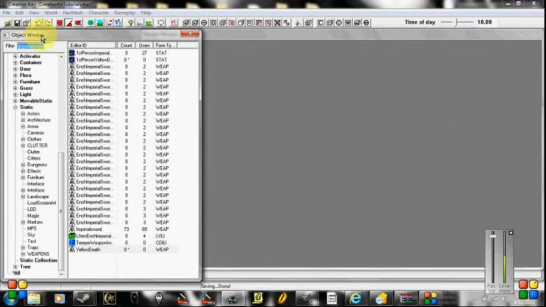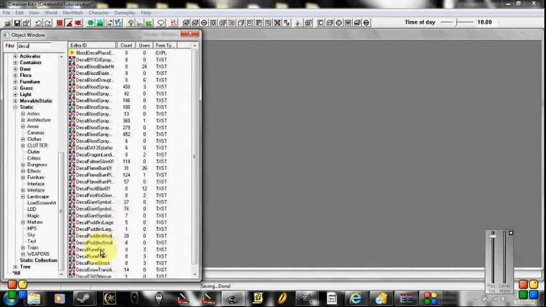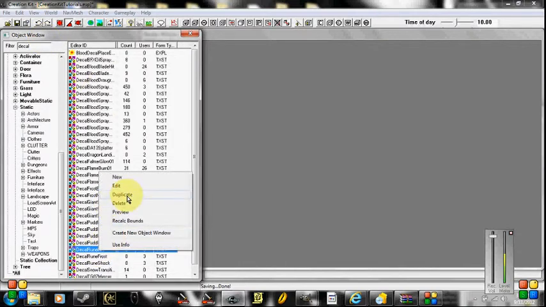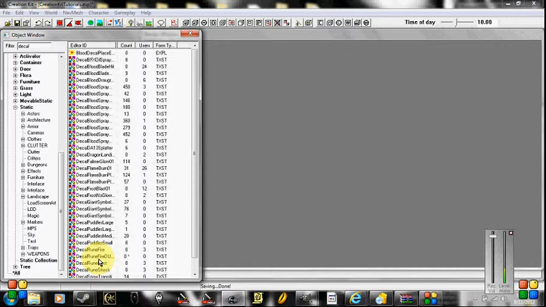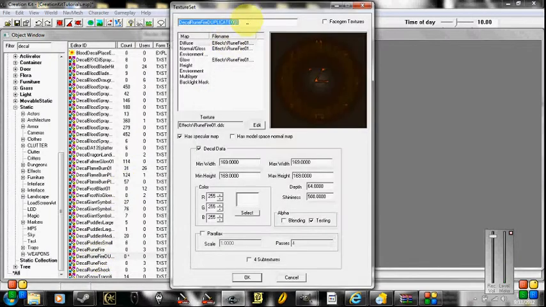Now, in order for this to work, you have to have the texture actually in Creation Kit. So to do that, type in decal. And I always use fire for some reason. You could duplicate any one of these and call it